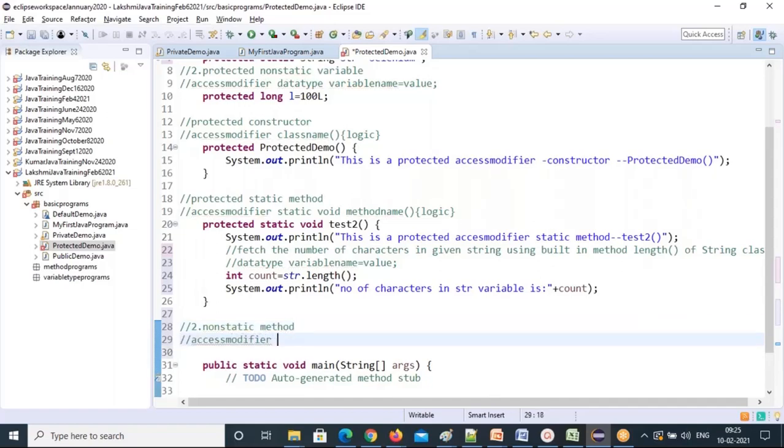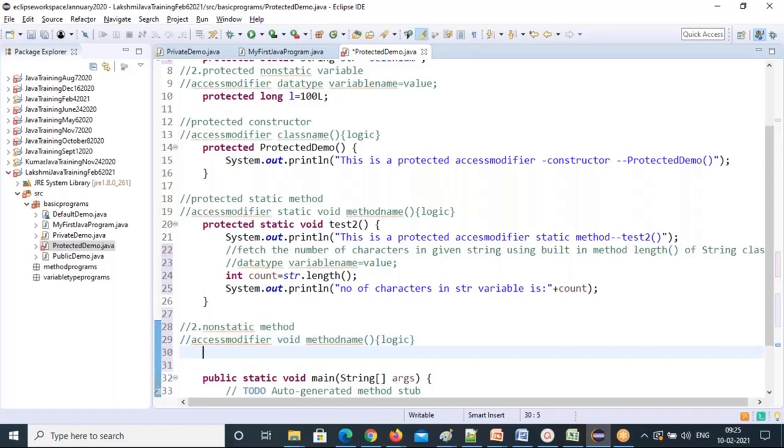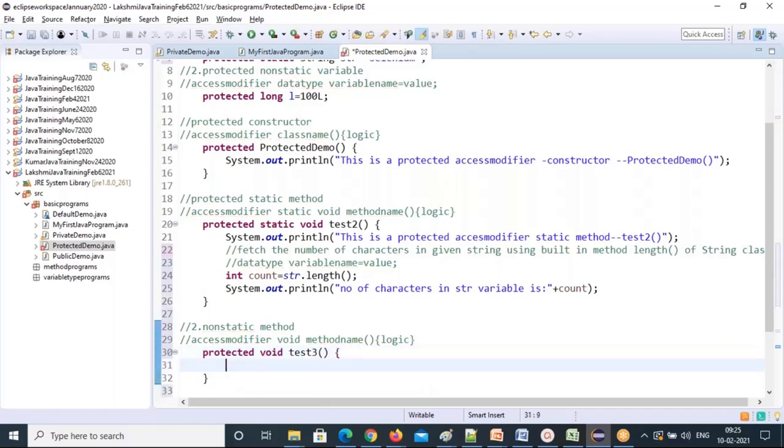Access modifier, void, method name. So I'm creating a non-static method. You have to talk if you have questions. Protected void test3, another method I have created.